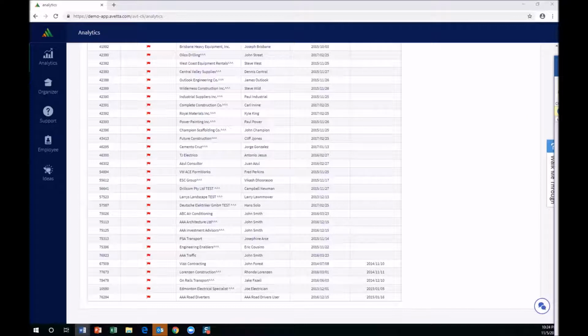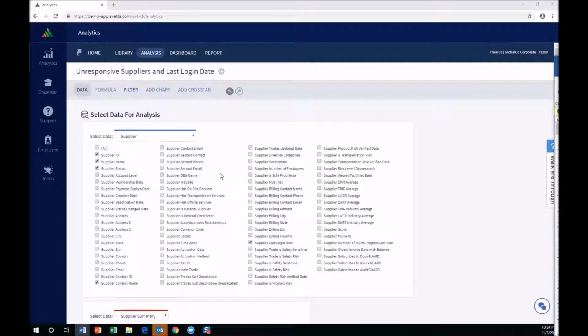The next thing we're going to do is we're going to do another exercise. And in this exercise, we're going to build a table completely from scratch, or we're going to build an analysis completely from scratch. And we're going to answer the question, why does a supplier have a red flag? So that's what we're trying to accomplish here. And I want to show how to start an analysis from scratch. And the way that I do it is if I go to my